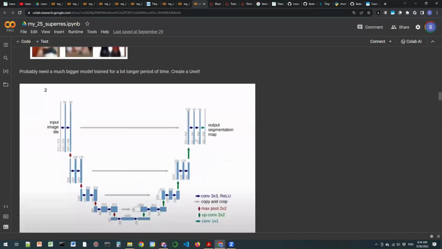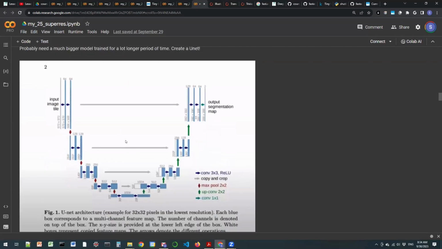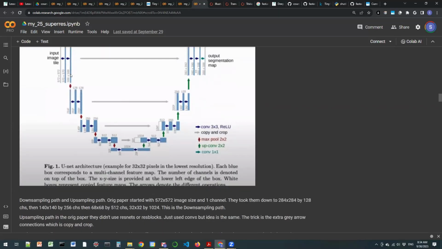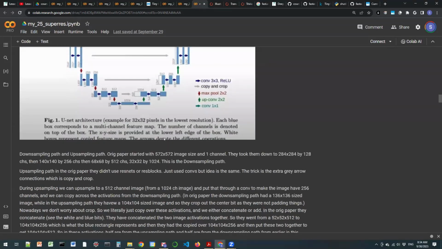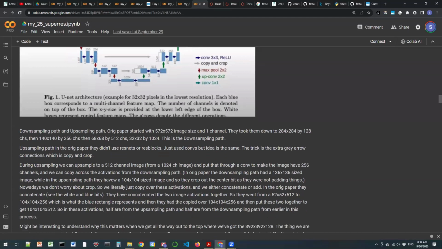And then he goes through and explains the architecture or structure of a U-Net, the down path and the up path. In the original paper, they didn't use residual nets. In the up path, they just use convnets, but the idea remains the same. By the way, in his prior lectures as well, he comes up with, I don't think he uses that here because his goal is to go through stable diffusion. But in this case, or in his prior lecture, what I thought he had done,